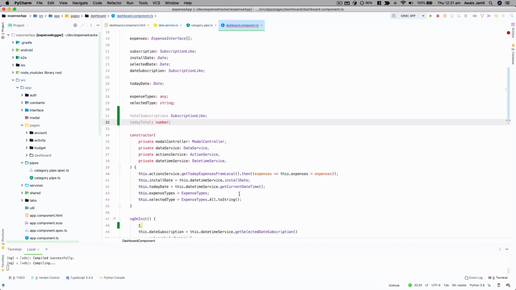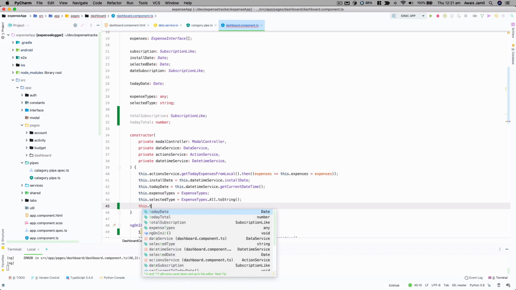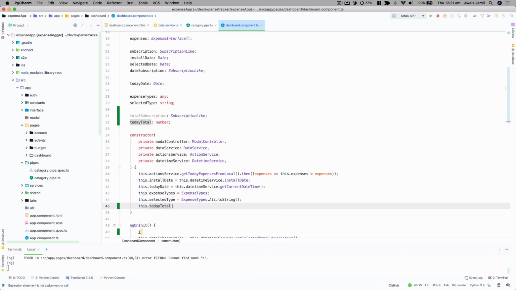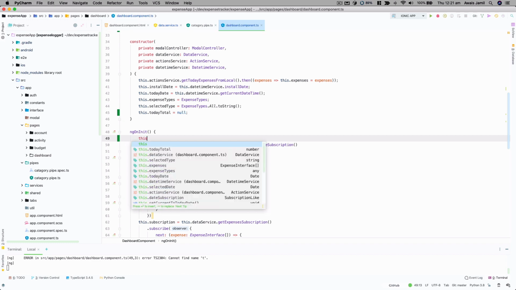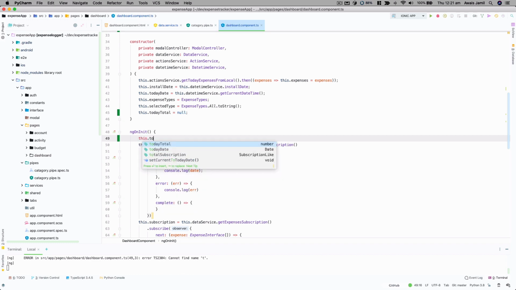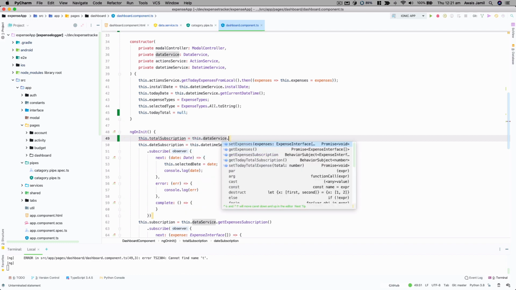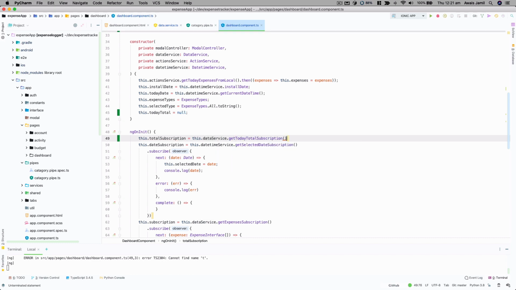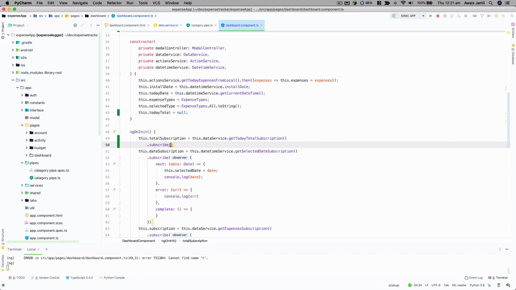In our constructor function we are going to say this.todayTotal, and we can set that value to null initially when it gets constructed, and then we are going to use this.totalSubscription equal to this.dataService.getTodayTotalSubscription, and we are going to use this subscribe method,